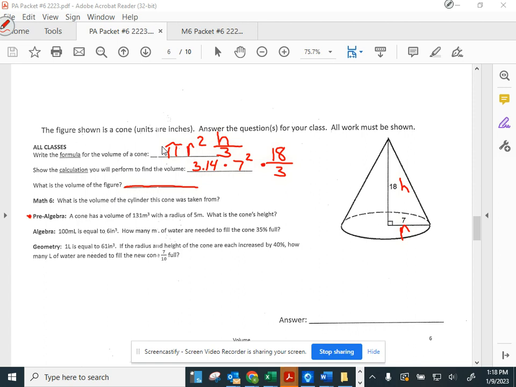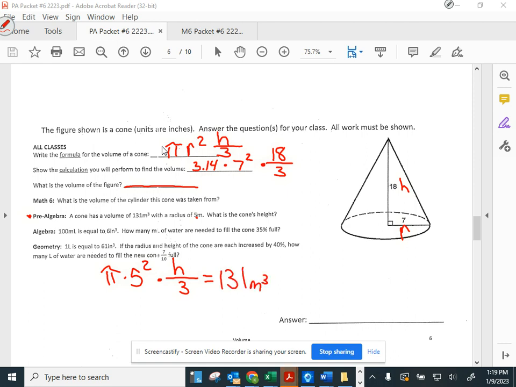Now for this one, it says a cone has a volume of 131 meters cubed with a radius of 5 meters. What is the cone's height? So we're going to take our formula of pi, and we know our r is 5 squared times the height we don't know, divided by 3 equals